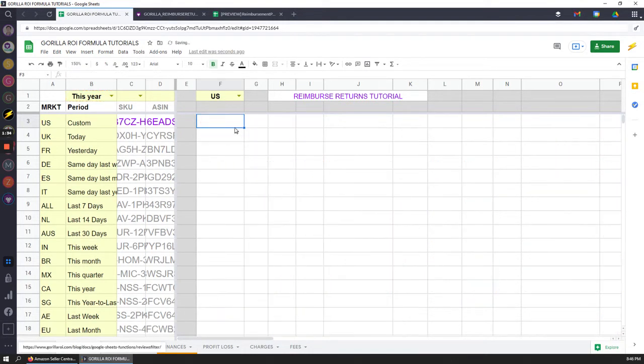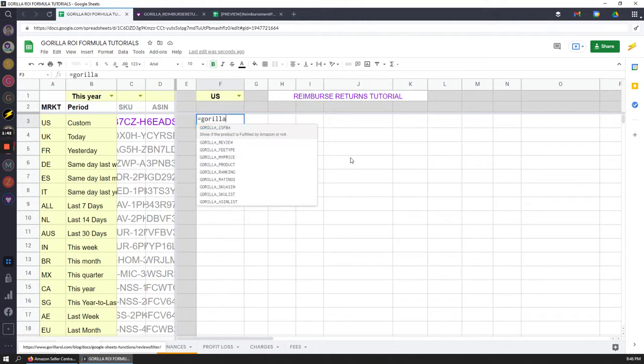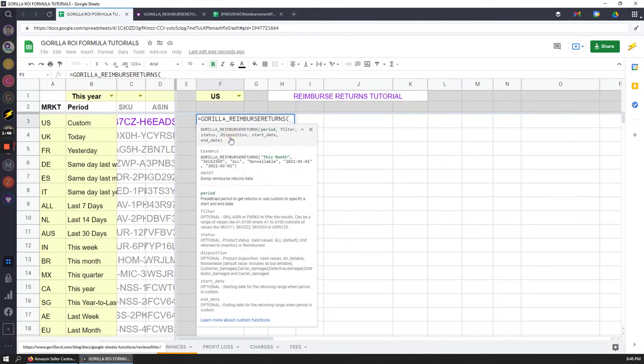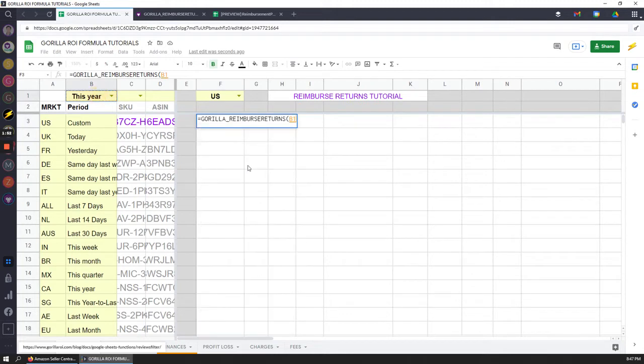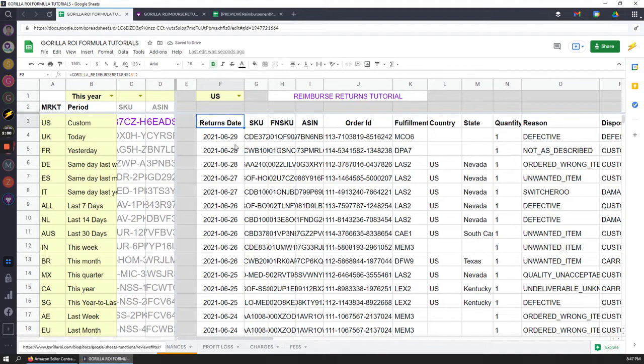Reimbursed returns. This one single formula pretty much generated that entire table. You just saw, if I delete that one cell, it wiped that out. So what I'm going to do is type Gorilla underscore reimburse returns. And the only mandatory input here is the time period. I'm going to make it dynamic by selecting this year. Close this formula, press enter, and now it's going to auto-populate and create this list